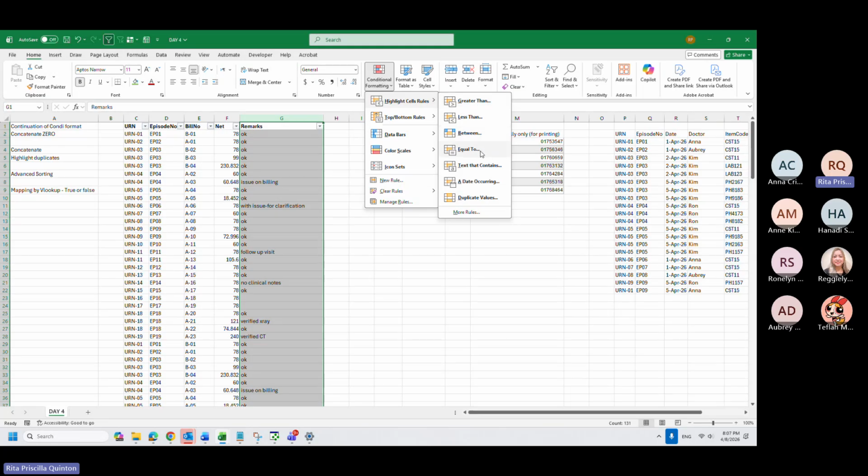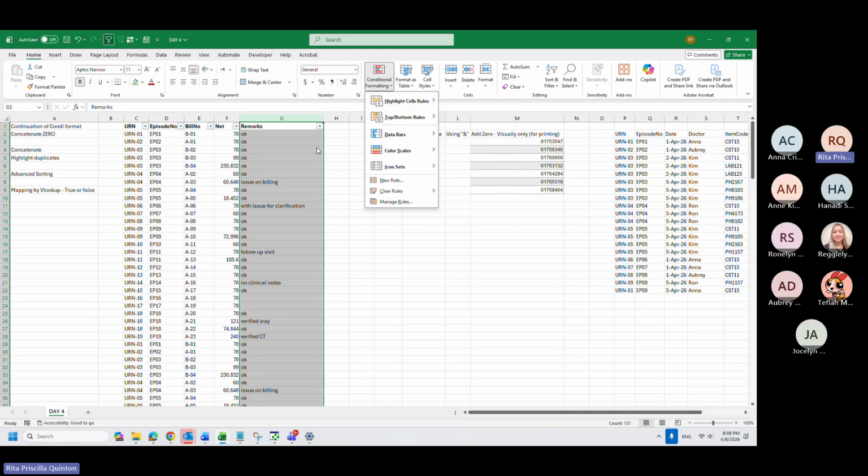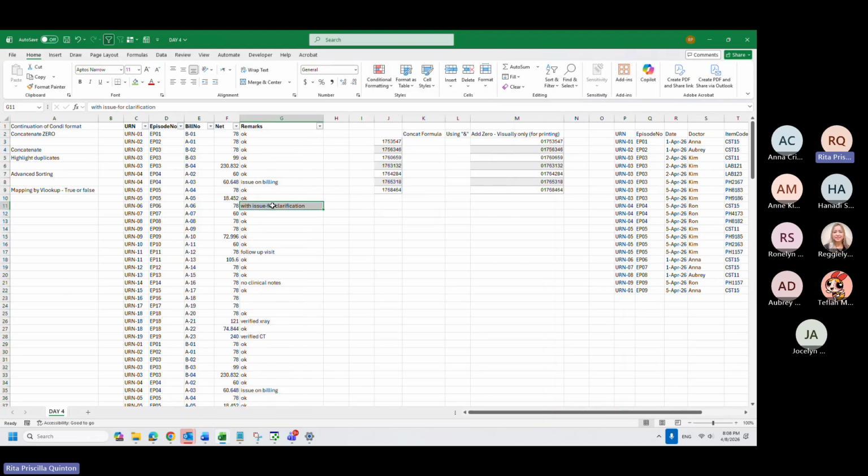Either you highlight those already okay, using text containing okay. But in case you want to highlight the ones that are not okay, how will you do it, since they have different names? For example, this is an issue, this one with issue, both of them issue, but this one is without the word issue, also this and this.